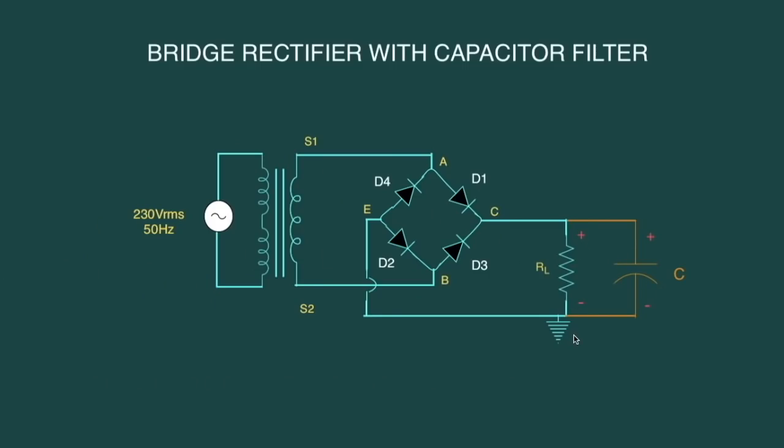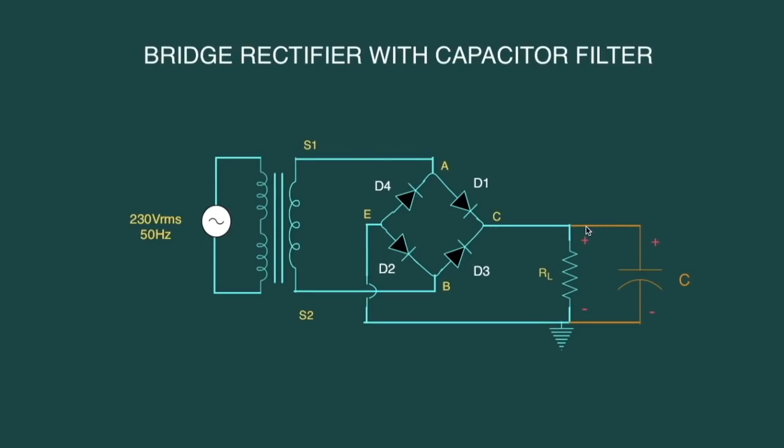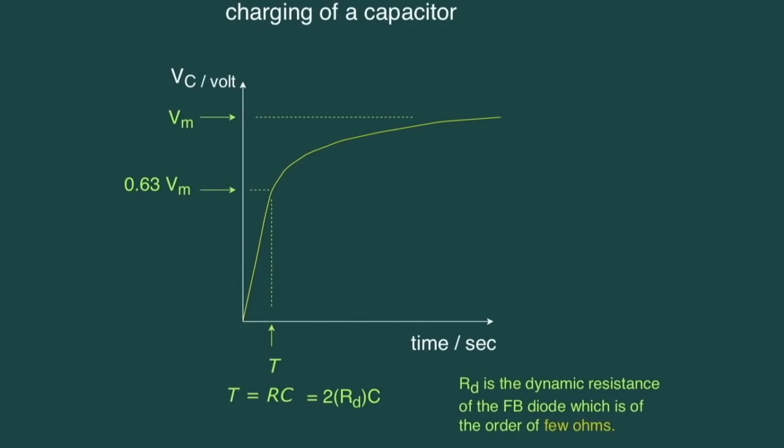If we connect capacitor across load resistance, potential difference across capacitor should always be same as the potential difference across the load resistance. We know that the voltage across a resistance changes instantaneously as per the change in current flowing through it, whereas voltage across capacitor does not change instantaneously with the change in current flowing through it. Let us see the charging process of a capacitor.